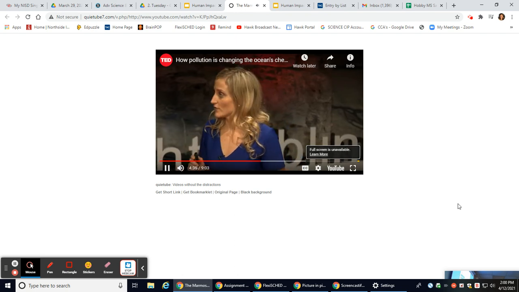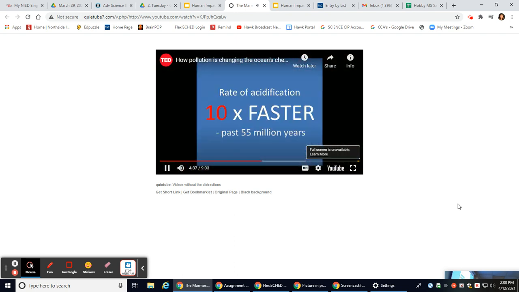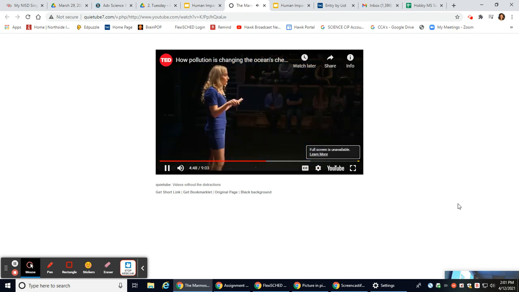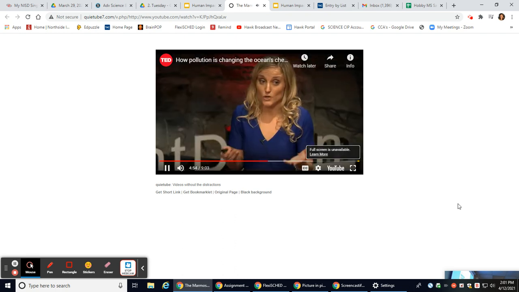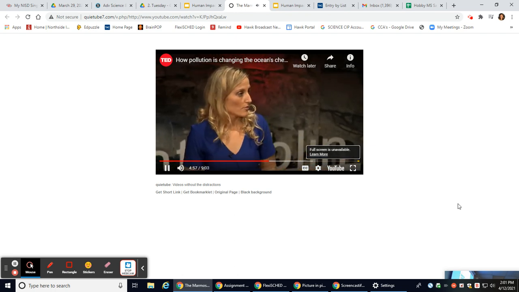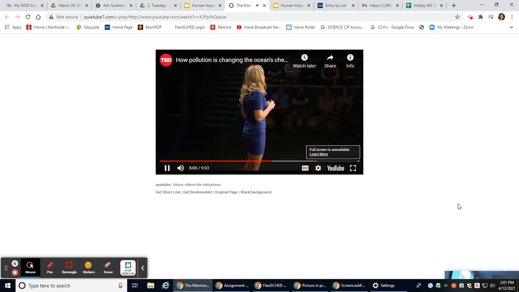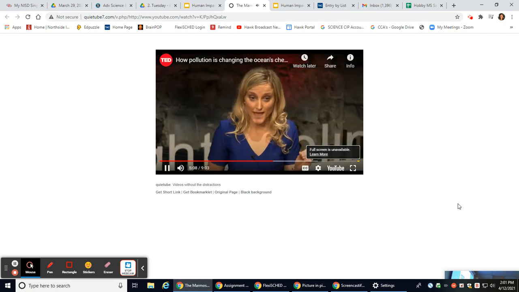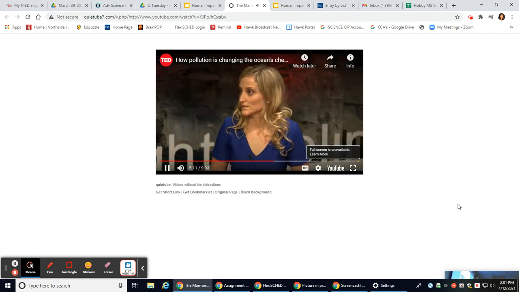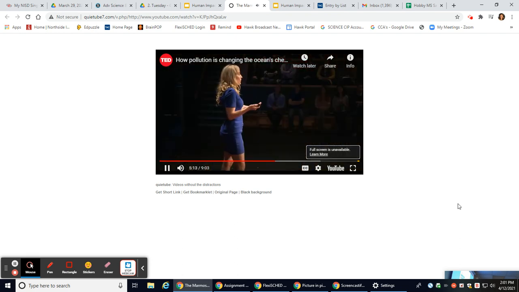This rate of acidification is 10 times faster than any acidification in our oceans for over 55 million years. So our marine life has never, ever experienced such a fast rate of change before. So we literally could not know how they're going to cope. Now, there was a natural acidification event millions of years ago, which was much slower than what we're seeing today. And this coincided with a mass extinction of many marine species. So is that what we're headed for?